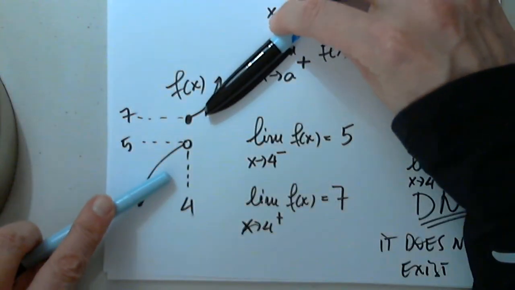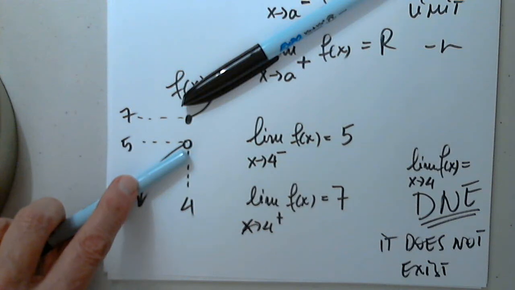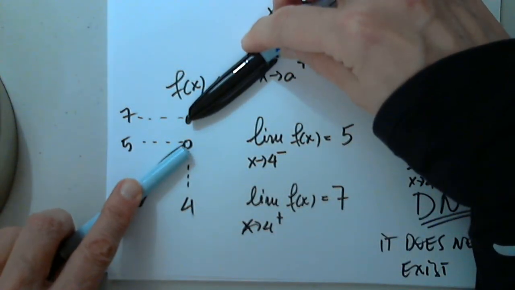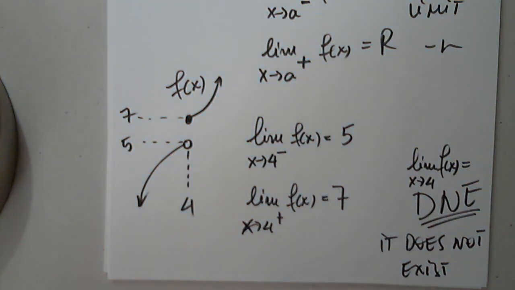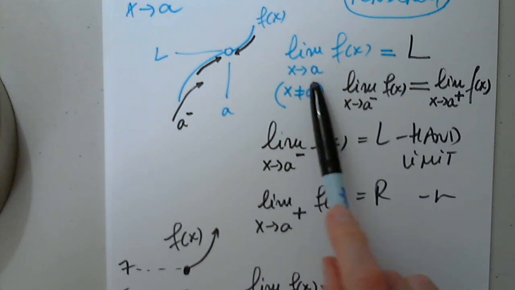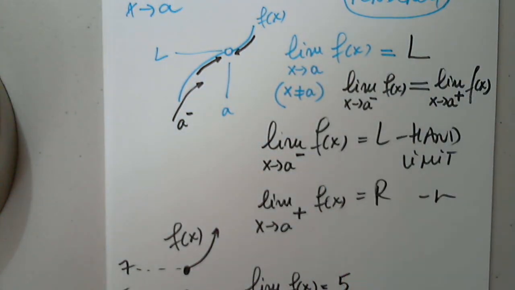Because it does not approach a number. It has to be a unique number. One more time. When we say the limit from either side is L, we automatically mean, and this has to happen, that the left limit and the right limit exist and are